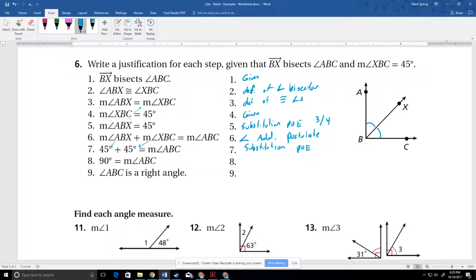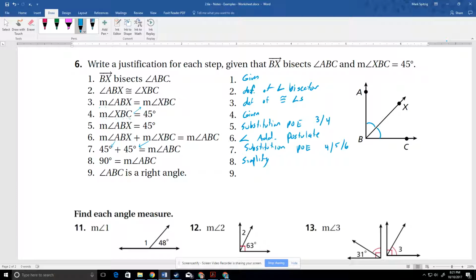This is substitution based on steps 4, 5, and 6, because we're substituting 4 into 6 and 5 into 6 all at once. Finally, we're just simplifying, right? We're just adding the two 45s together. And now that I know that 45 and 45 gives me this 90, and that 90 equals the measure of